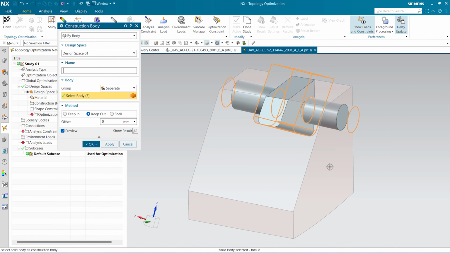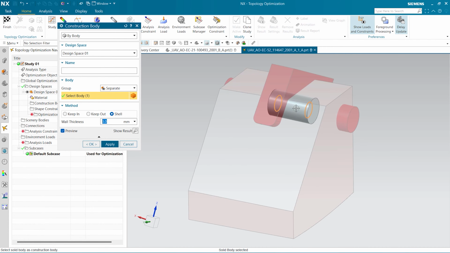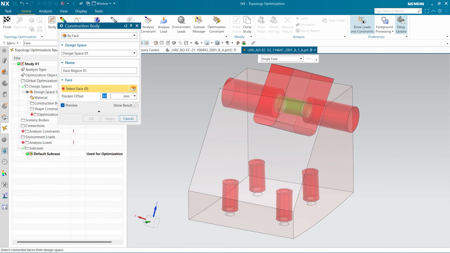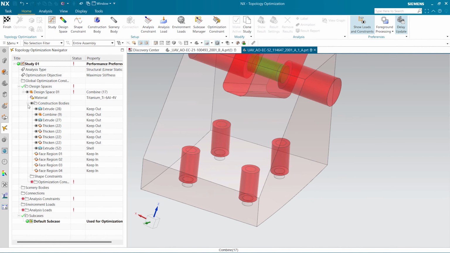It's an interesting approach for structural parts in the aerospace or transportation industry, where the mass of a part is a critical aspect in the design requirements. In Siemens NX, you can easily set up a topology optimization in the dedicated module by specifying the design space, material, loads, boundary conditions, and shape constraints.